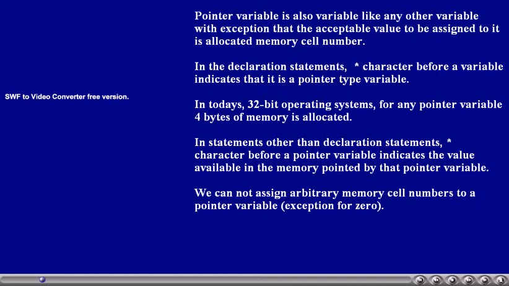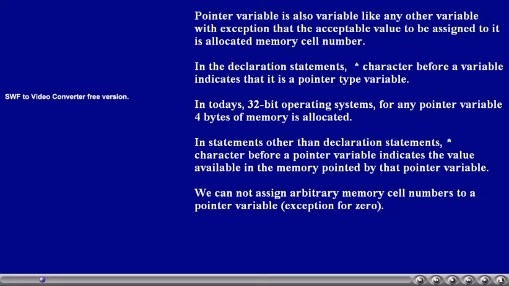In the declaration statements, a star before any variable indicates that the variable is a pointer type variable. Of course, do not get confused. In statements other than declaration statements, a star before a pointer variable indicates the value available in the memory pointed to by that pointer variable.